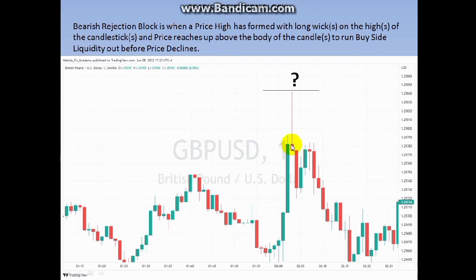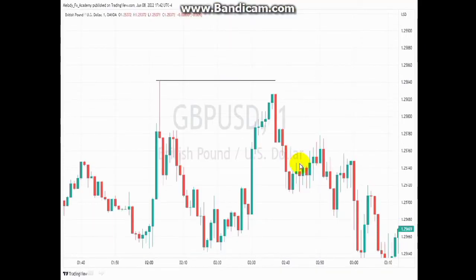Okay, you only need to tap into the liquidity resting in the body of this old swing high. So let's look at that further. As you can see, price made an attempt to go above this old high, but it didn't, and it declined. Price just came up and declined, without going above this